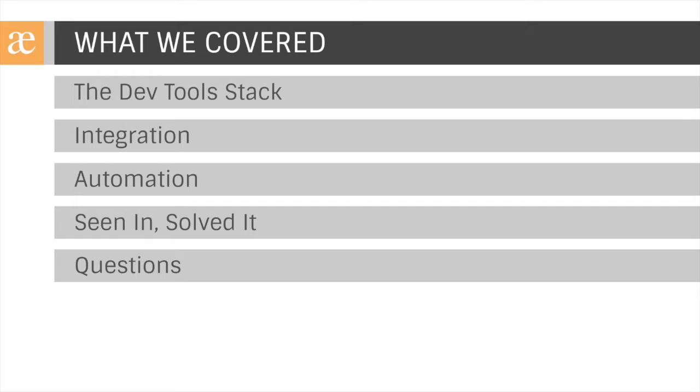tools, FishEye, Crucible, and Clover to improve communication and QA efforts, to Bamboo for continuous integration and automated deployment, all of which feed back into JIRA and ultimately back into Confluence to close the communication loop with rock-solid traceability that ensures compliance and will make your teams more productive, deliver better product, and keep everyone happy, teammates, managers, and customers